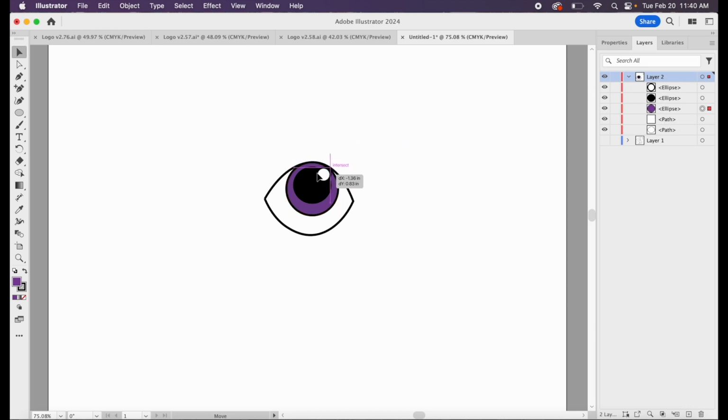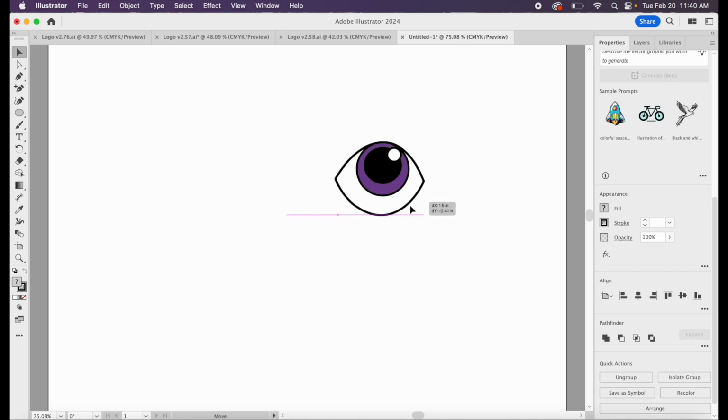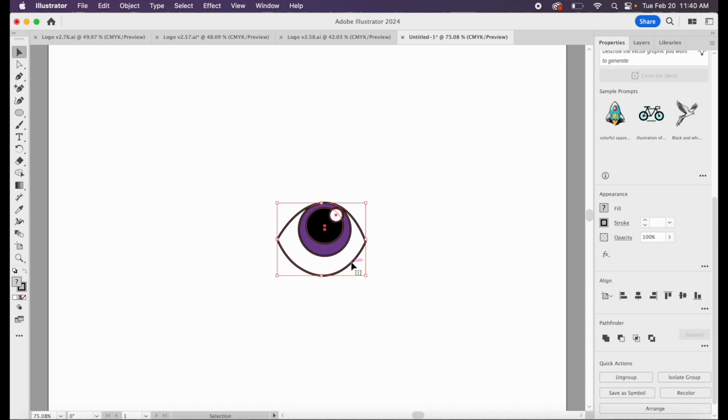So I'm just going to place this. And now I have my eyeball, okay? My first eyeball. And I'm going to select them all. Going to go to my properties, and I'm going to group. Okay. So I can now move it around, and I can always ungroup if I want to do anything